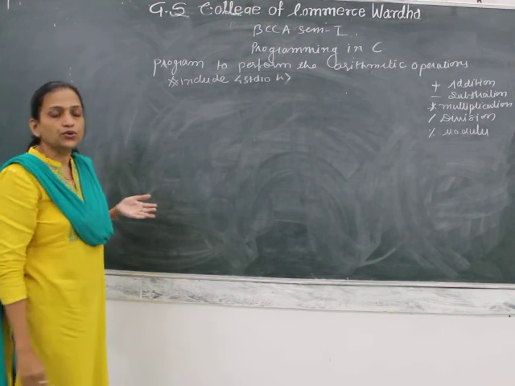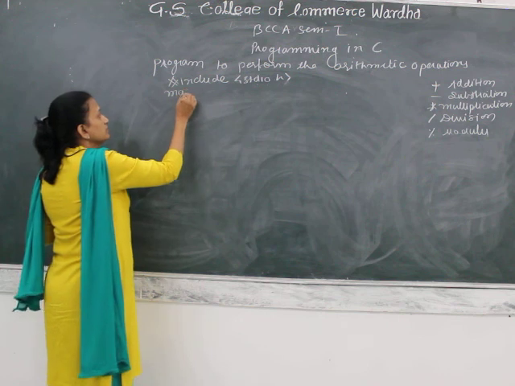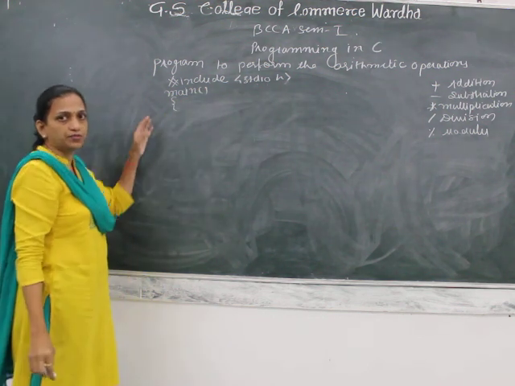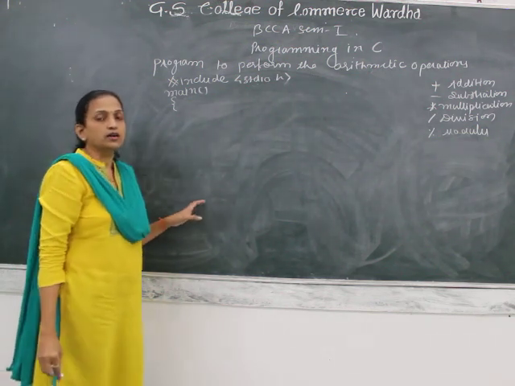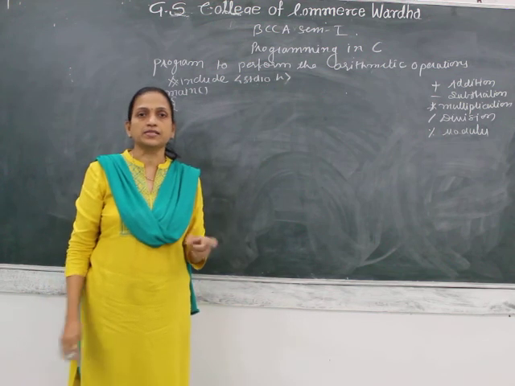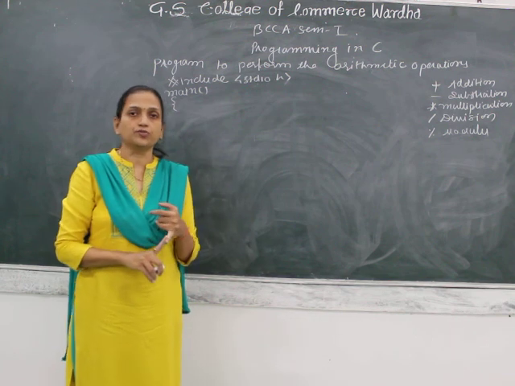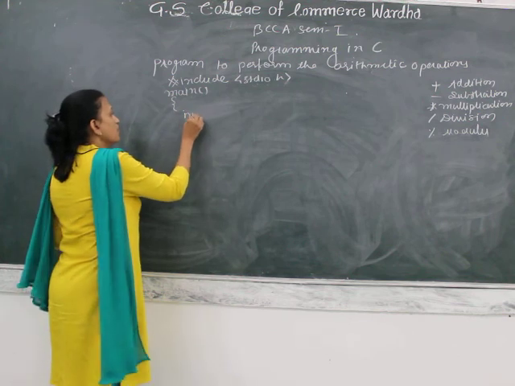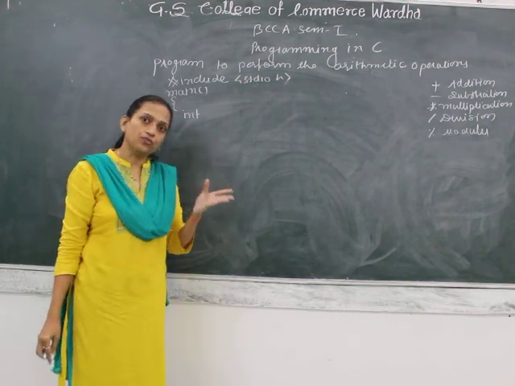Okay. As I told you, every C program must start with the main function. Now the execution starts from the curly brace. In the main block there are 4 statements, and these statements are compulsory: declaration, initialization, processing and output. Okay. So the first statement is declaration. Now what is declaration? Declaration consists of data type and variable.